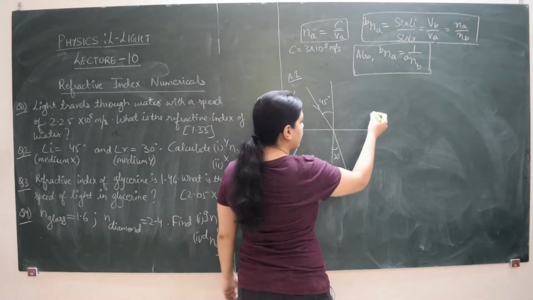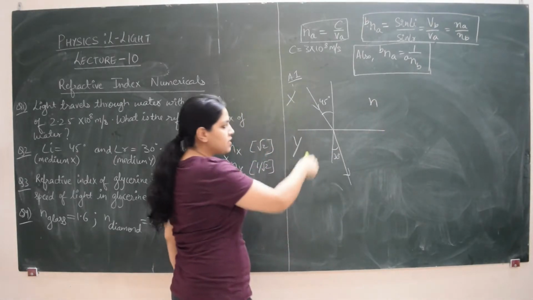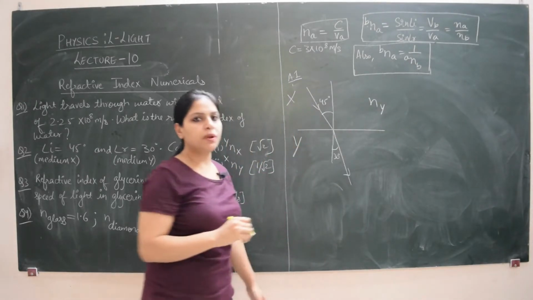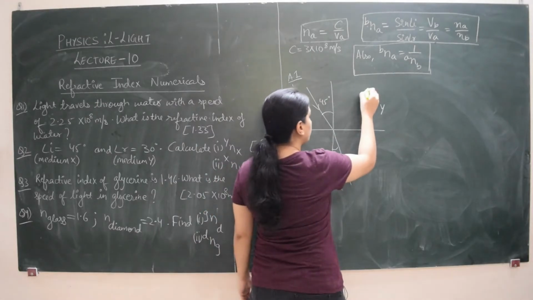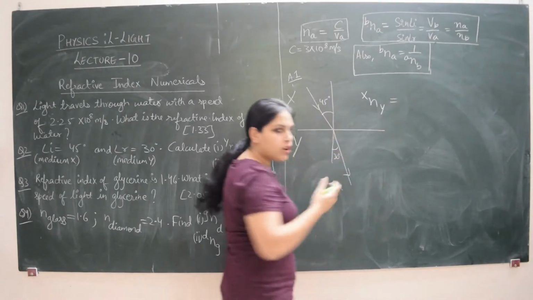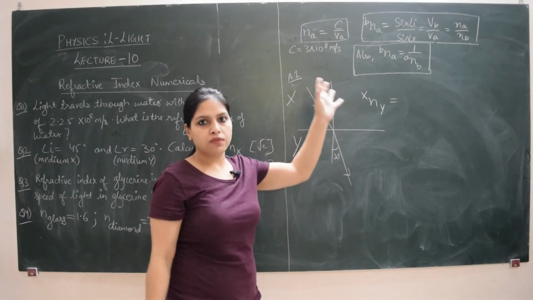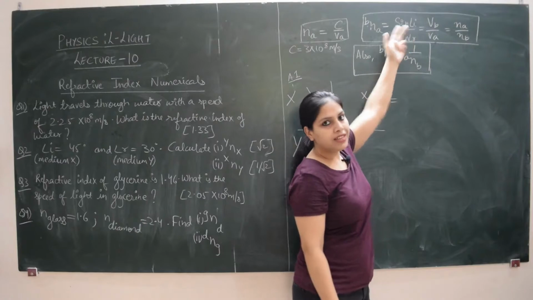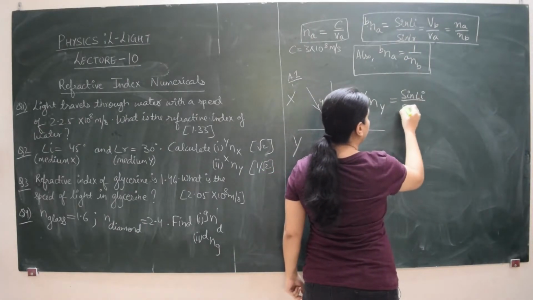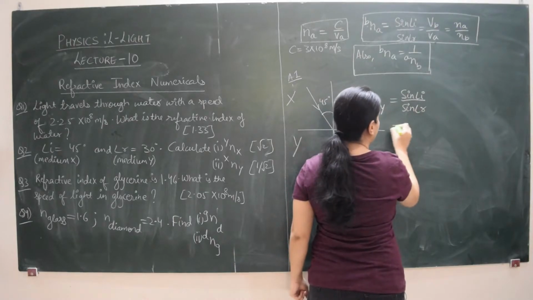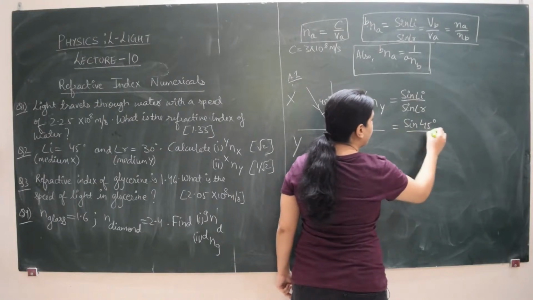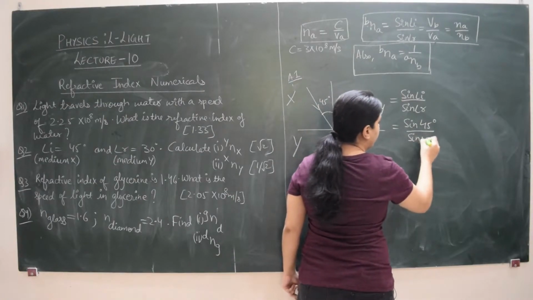Now what we can find out from here is, because the refraction is taking place in medium Y, I can find out the refractive index of medium Y with respect to medium X, which is the first medium. As no velocities are mentioned, I cannot use the relation with velocities, but I have this relation with angle. So I know that this is sine i upon sine r, and from here what I will get is sine i, angle i is 45, angle r is 30.